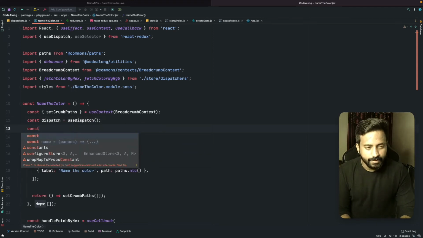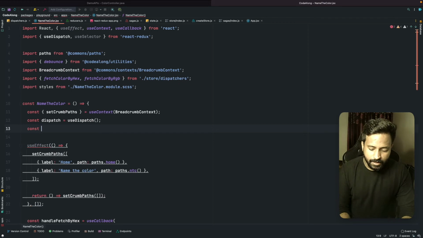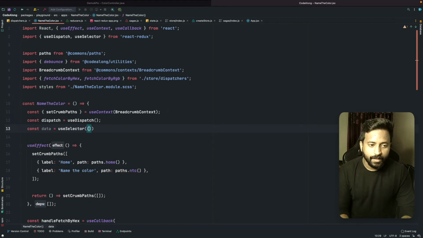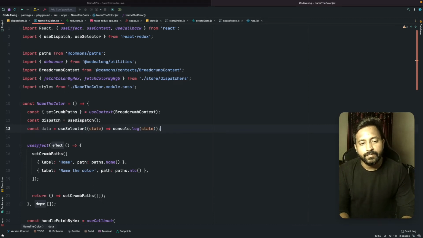Okay, and useSelector function will receive a callback again. So let's do that. Const, I don't know what will be the response of this yet, so let's do useSelector, and this is going to receive state, right? So before doing anything, let's just do console.log of state and see whether we are able to receive the state inside my component or not.